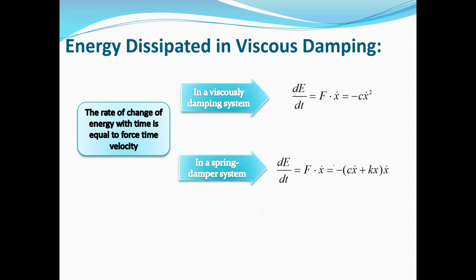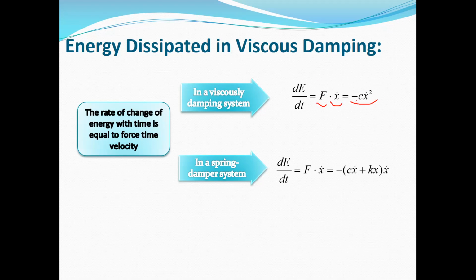The next concept that we discuss here is the energy dissipated in a viscous damping system. If we extract the rate of change of energy with time for a system which has only one damper, it's equal to the force times the velocity. For a system with one damper, the force is equal to c times x dot, and the velocity is x dot. So we will have